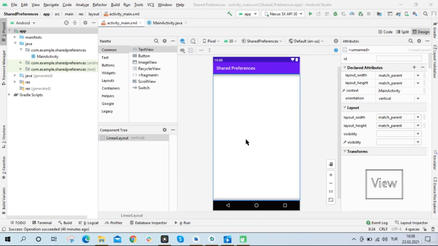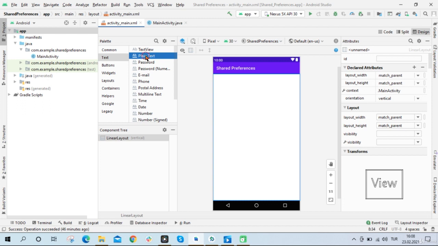So you can see here I created a new project, and if you want you can use your older project. I'm just keeping it clean. And I will add 4 components to the project. I'll add 1 edit text,